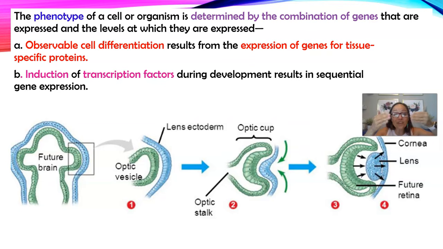That is only found in your eyeball cells, like in your lens cells. However, the cells in my elbow also have the DNA to make my eyeball lens, but they're not expressed in my elbow. They're only expressed in the area that will develop into a lens of an eyeball. So when we talk about expression of genes for tissue-specific proteins,